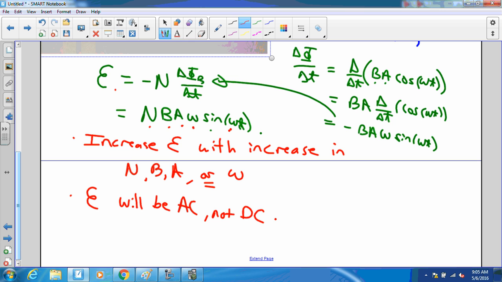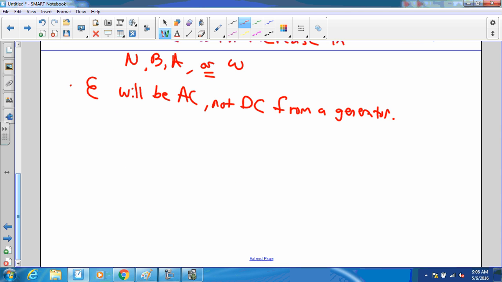The EMF generated will be AC, not DC, from the generator. There are two major reasons that alternating current wins the fight during the early stages of American electricity infrastructure. What it means when I say that this will be alternating current is that